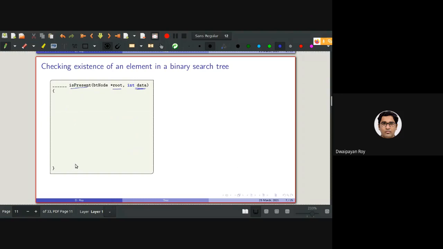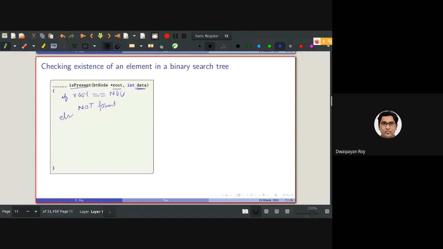What will be the code? So first we need to check if root is equal to null, then that means not found, isn't it? So data is not found in this tree.